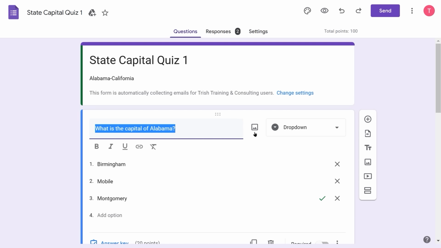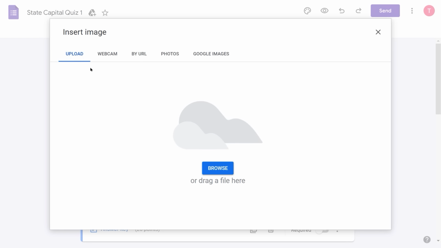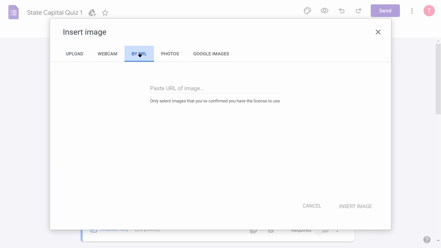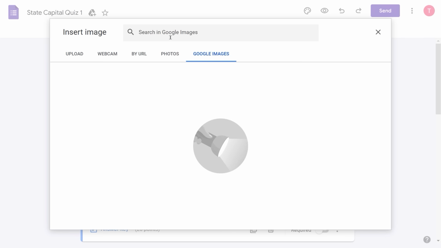And you'll notice to the right of the question, there's a little image icon, and we're going to click on that. So you have the ability to upload images, to have images brought in directly from your webcam, to be able to put in a URL of an image, to go to photos. If you had them in your drive, they would show there. We are going to use Google Images,